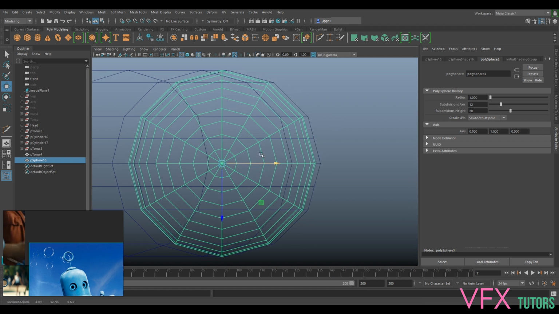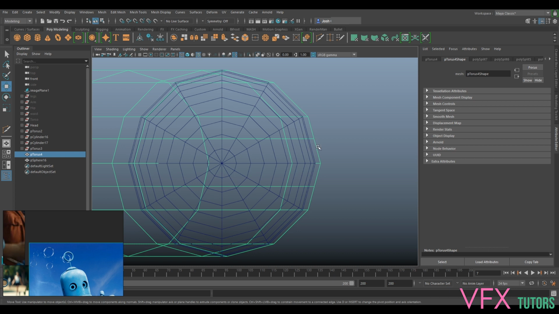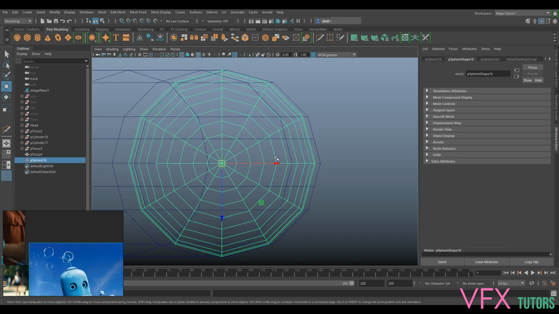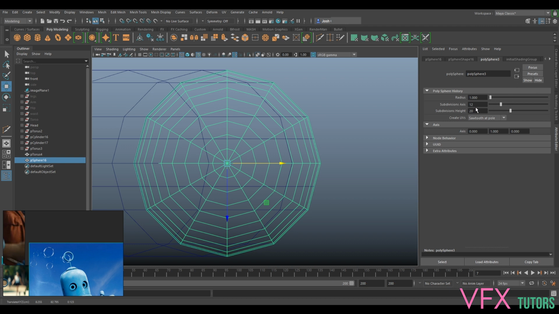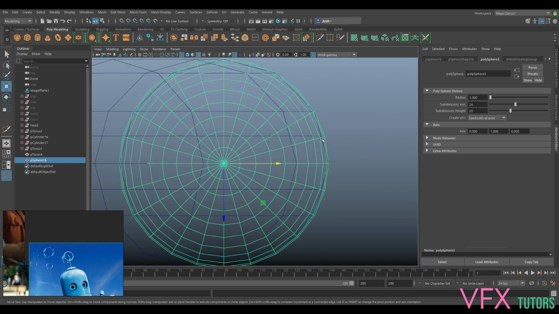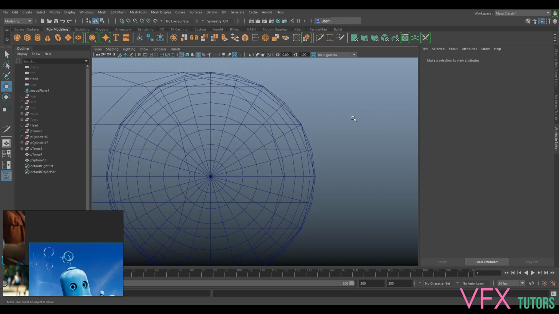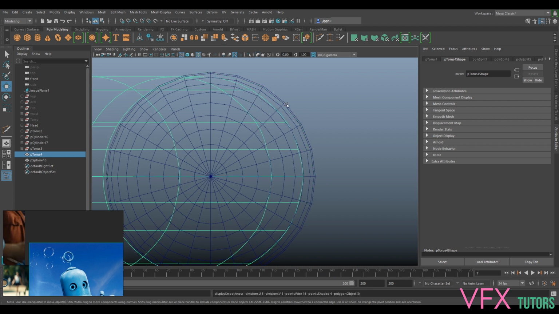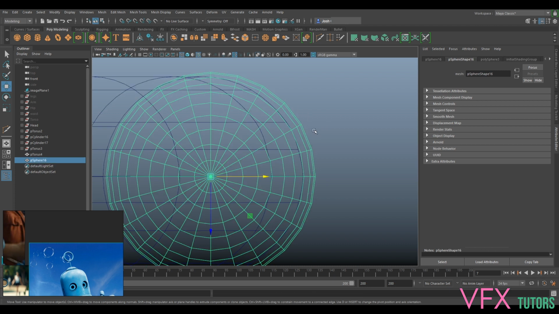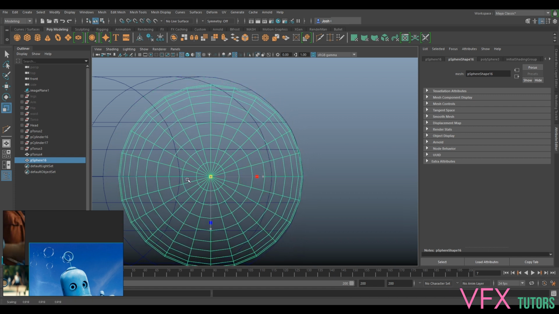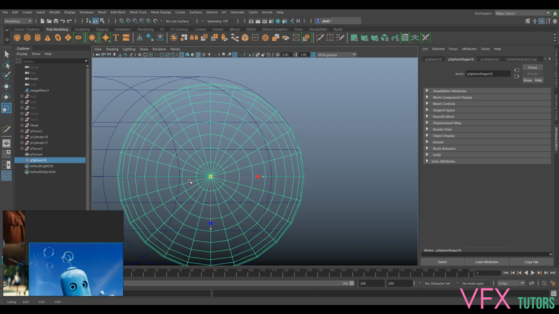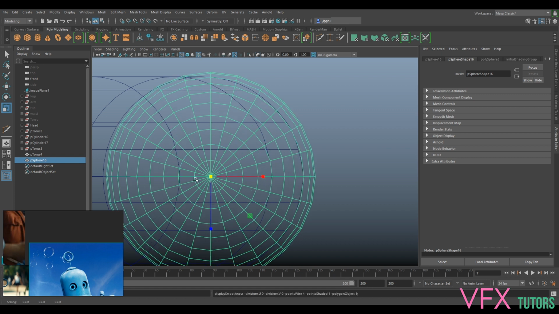So if I just pull this out of the way, you can see that this is our torus, but we've got these extra edge loops in. So this is a really manual way. There's probably other tips and tricks that you can do to get rid of this. But what I'll now do is actually double this. So now when this smooths out, if I press 3 on that, scale this down, let's go back to